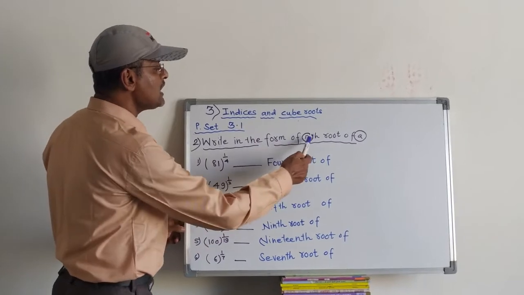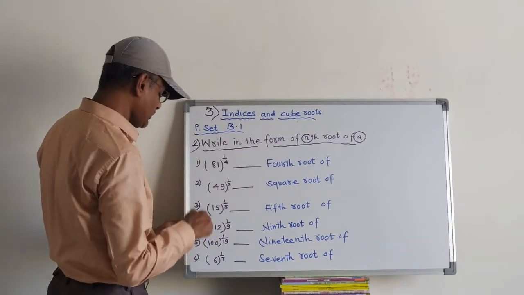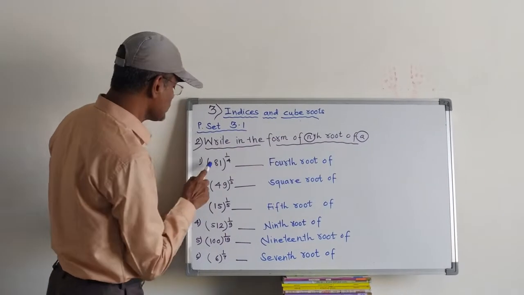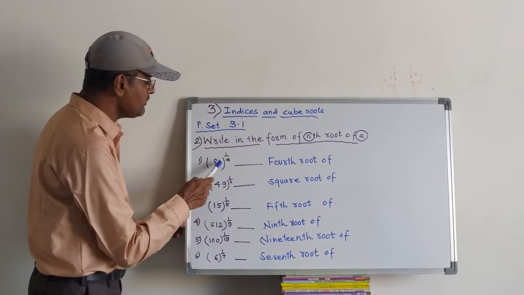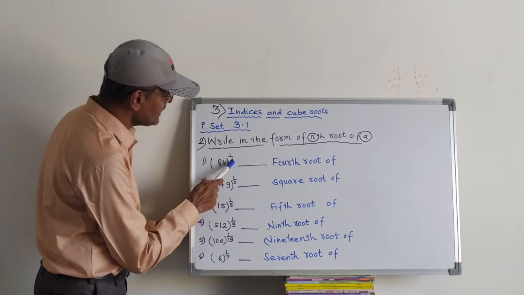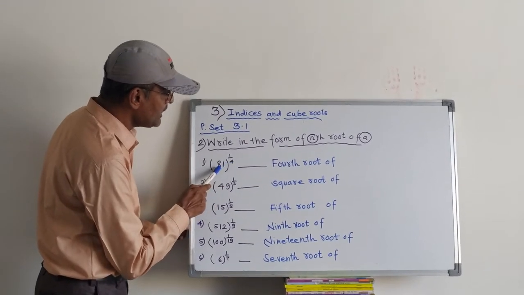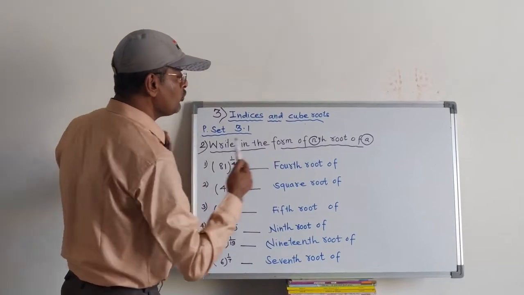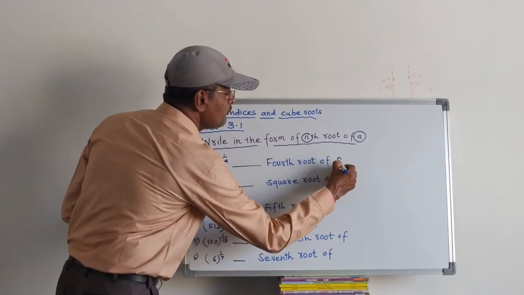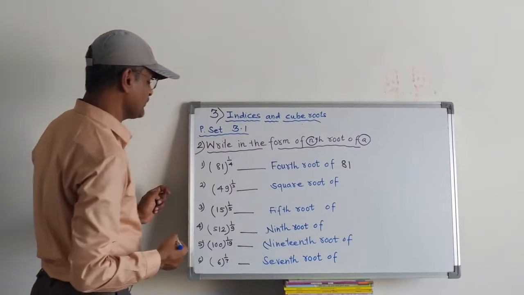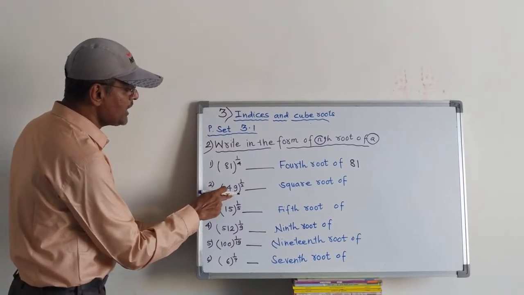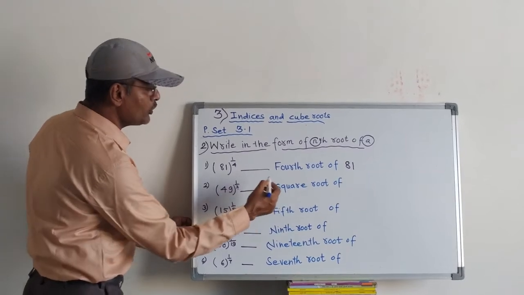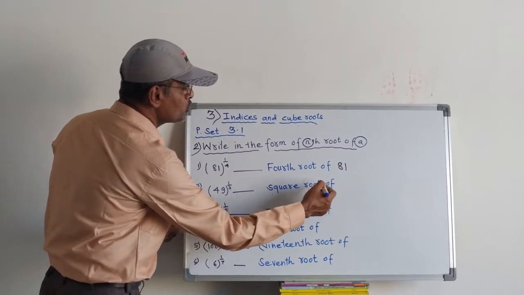In all these examples we have to write the form of these examples as nth root of a. So first example 81 bracket raised to 1 upon 4. That means it is fourth root of 81. So I have written here fourth root of. What is the answer? Fourth root of 81. Now this is 49 bracket raised to 1 upon 2. That means it is square root of 49. Square root of